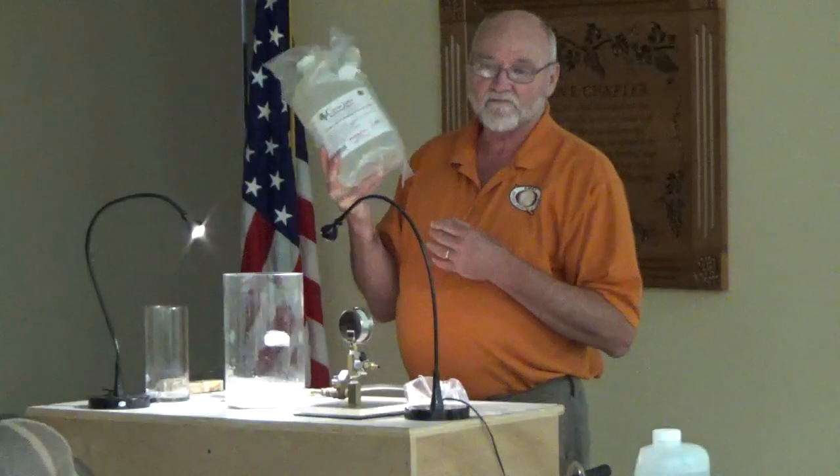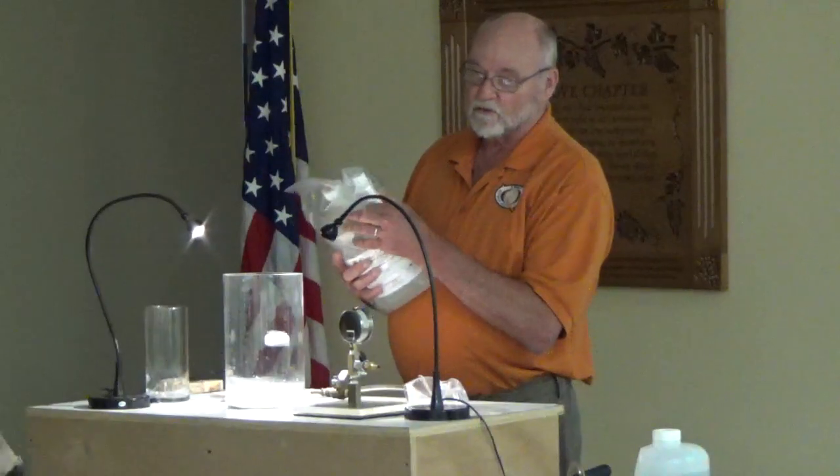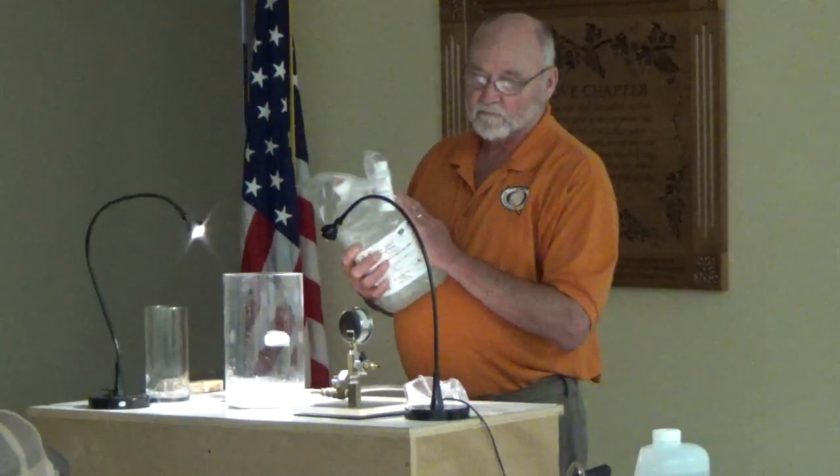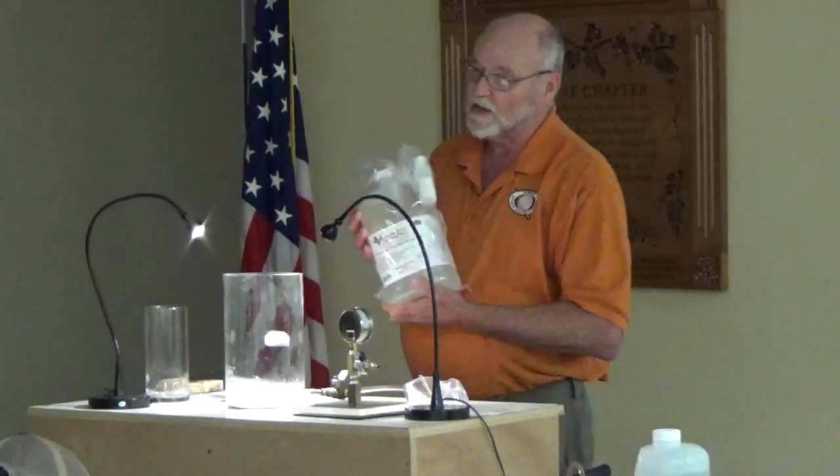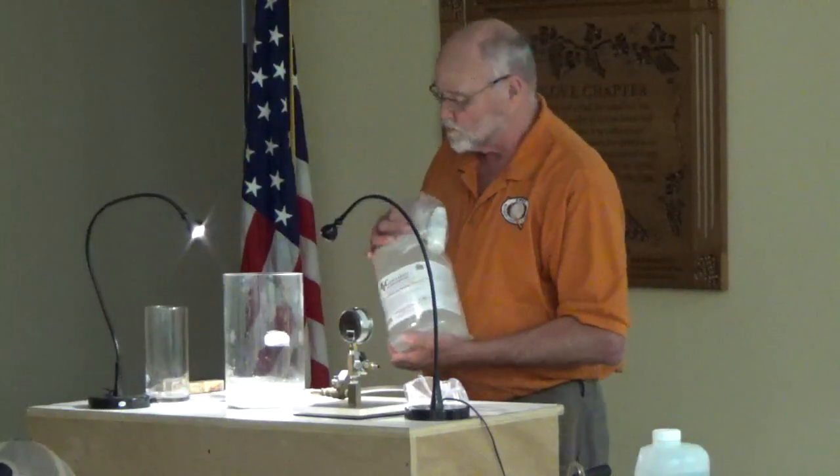The only other piece of equipment you're really going to need is an oven, because you're going to have to cure this resin. This resin is heat cured. When you buy the resin, it's going to come in a gallon jug, just like that. As it sits, it's got about 1.5 years shelf life on it. This little bottle in there is activated. You don't add it till you're ready to use this gallon of stuff. Once you get this in there, it's ready to go. It gets activated by the heat. So when you're done, you're going to put it in an oven, and I'll kind of show you the